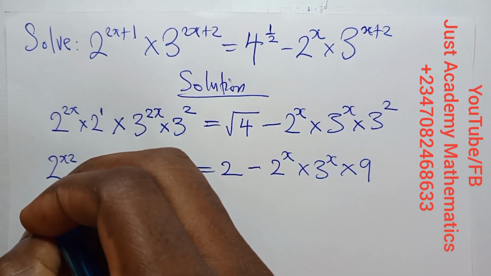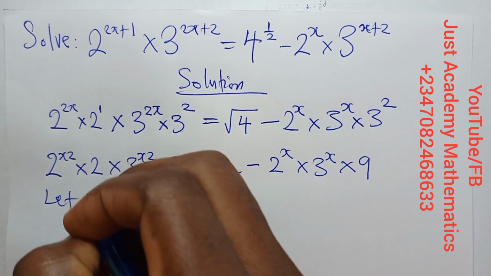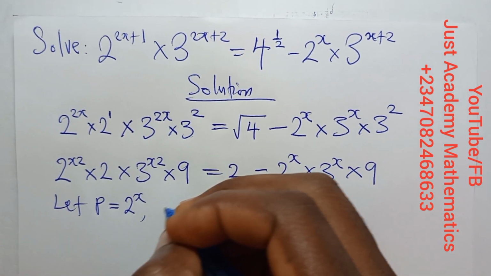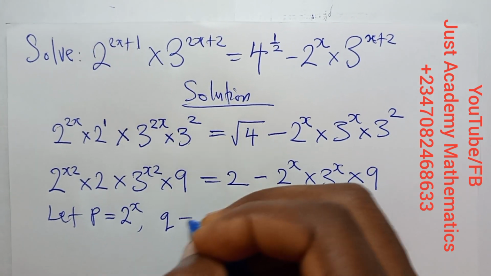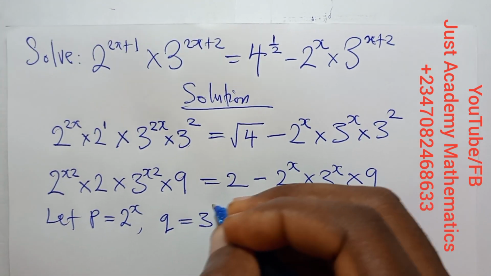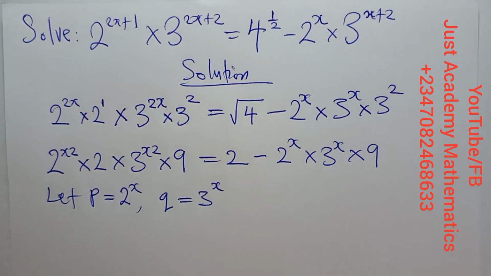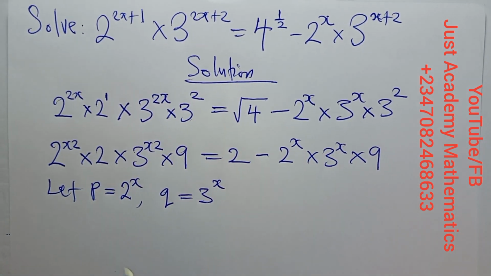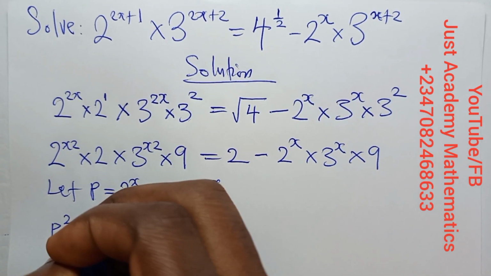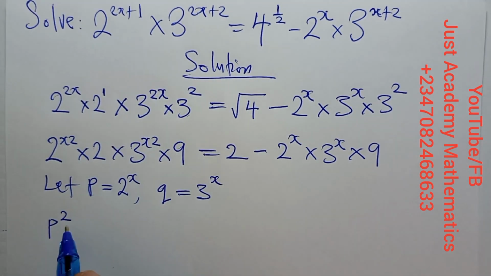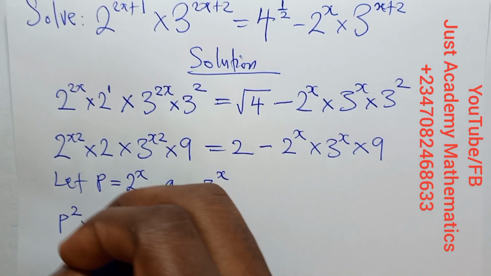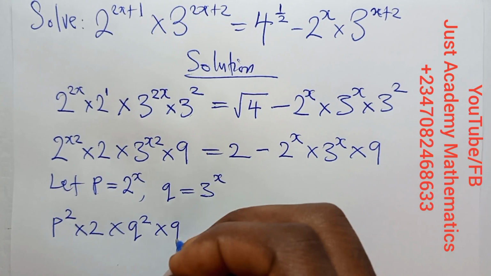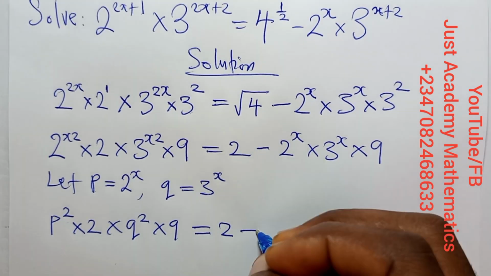We can as well bring in values: let p be equal to 2 raised to the power of x and q be equal to 3 raised to the power of x. I will show you how we are going to make use of both. So anywhere we see 2 raised to the power of x, we put p. So here will now be p squared, that is 2 raised to the power of 2x, then the 2, that is p squared times 2 times q squared times 9 is equal to 4 minus